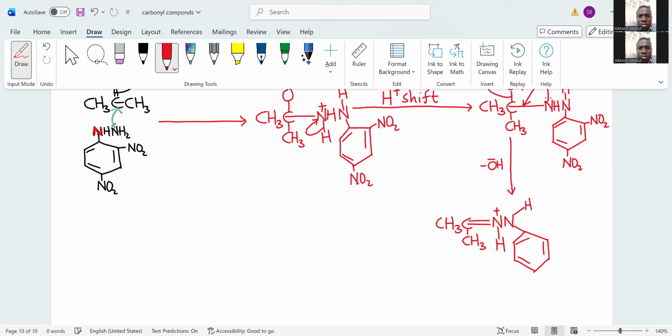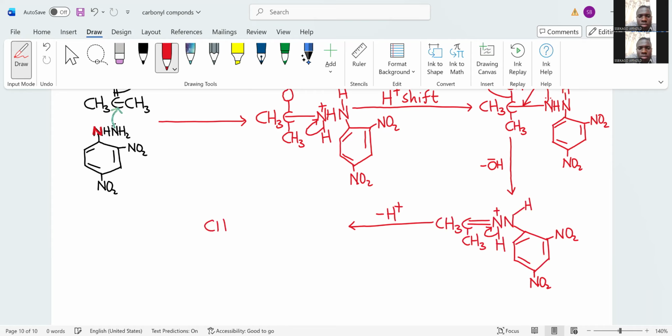So nitrogen is electron deficient. I give it electrons like that, using the hydrogen adjacent. So as a result, I lose the proton, the hydrogen ion, as I form